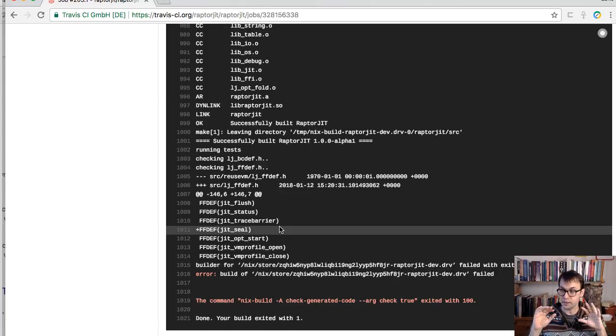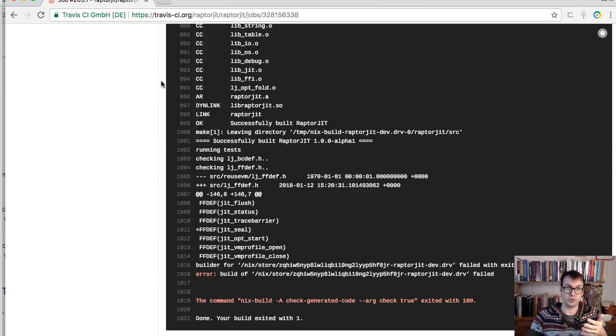But that's a pain from a user perspective. If you're a user, if you're embedding RaptorJIT in another application, you don't want to add LuaJIT or another Lua system as a dependency there. So the compromise we've made at this point is to actually check the necessary generated code into the repository. And this is good and bad, right? The good thing about having the code checked in is then you don't have to do the bootstrapping. You can just